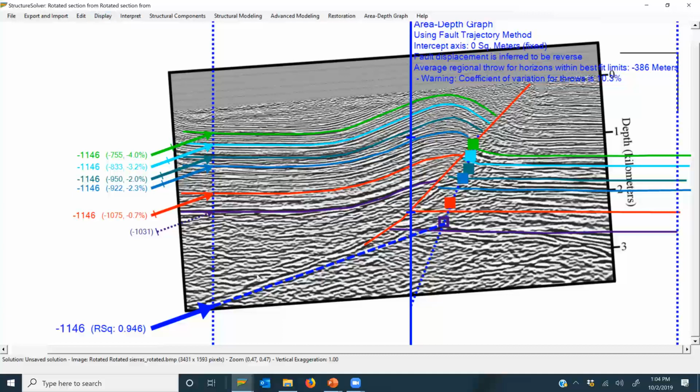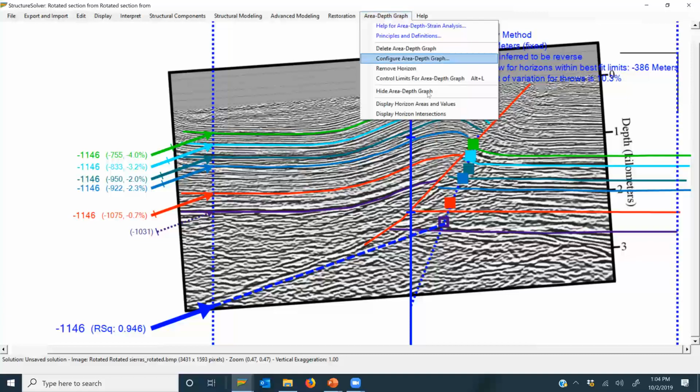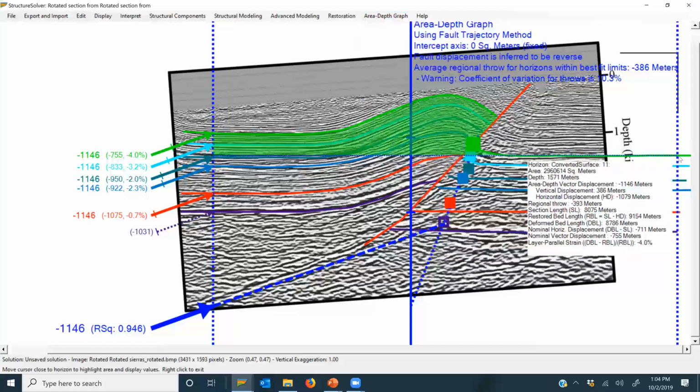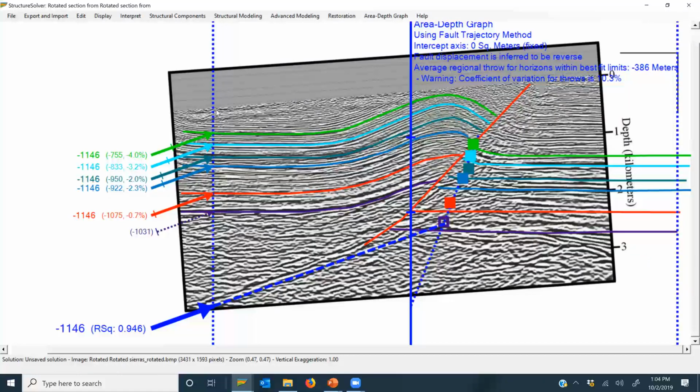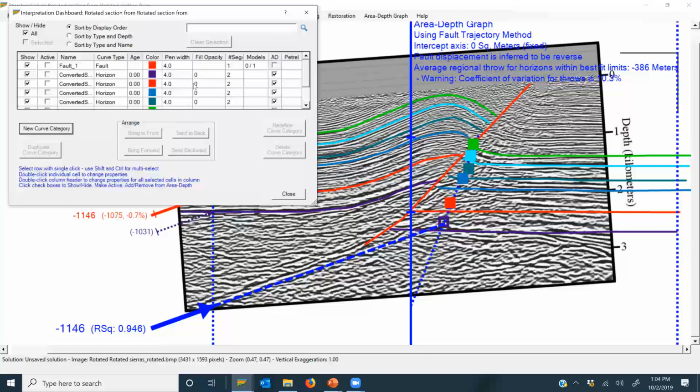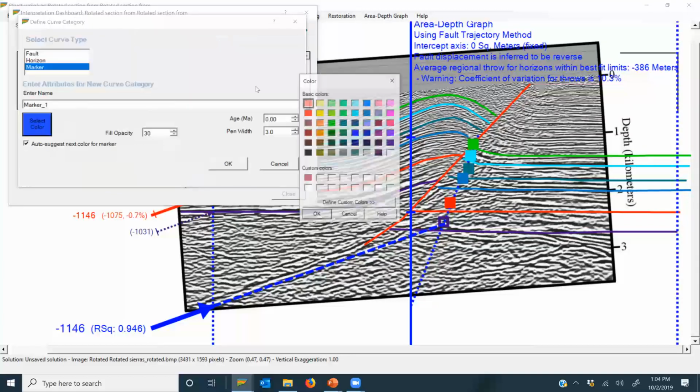Well, you'd have to. So the area depth graph is displaying the results for the geometry as it is right now in the section. So it's taking those fold areas based on where the footwall intercepts its regional limit, where the hanging wall intercepts its regional limit. So you can do the analysis in the rotated space, and then you can either draw in a new fault, or, for example, if we just create a marker, what we can do is